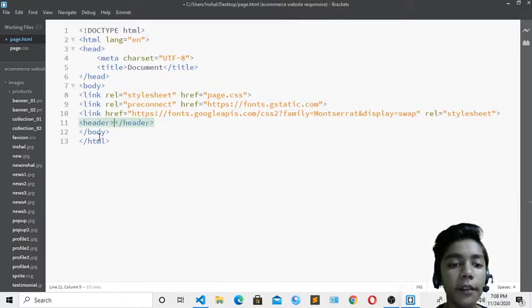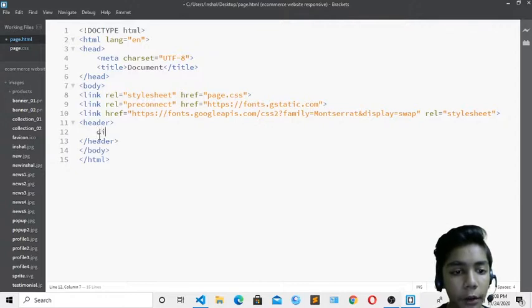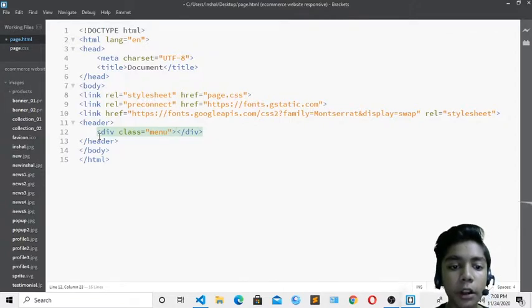Now I will press enter and define a div. In this div I will define the class of menu. I am defining this menu because in this class and in this header tag I will define my navbar, which will be on the top. I will define home, services page, then about us. I will write all of that in the navbar. If you want to, you can make them separately. Okay, so I will press enter here in the div.